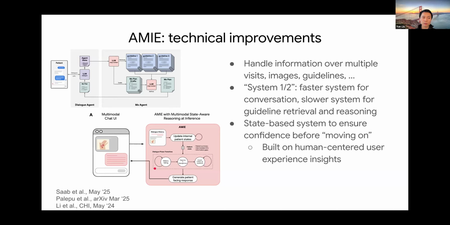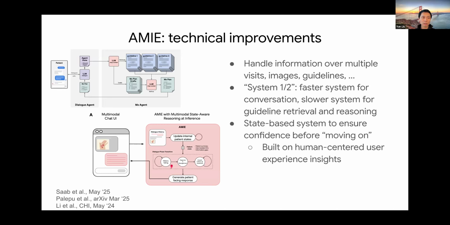Another type of technical innovation here involves incorporating insights from human-computer interaction. If you think about the last time you visited a physician, it's likely that the physician had many more questions for you earlier on in the conversation, where they were trying to figure out what happened to you, what your history was, and so forth. So there's a lot of information that was on average flowing in one direction, from the patient to the physician. Later on, as the physician gets a better idea of what's going on and comes to their own idea about how to manage it, that information flow may revert, such that on average, there's more information flowing from them back to the patient.